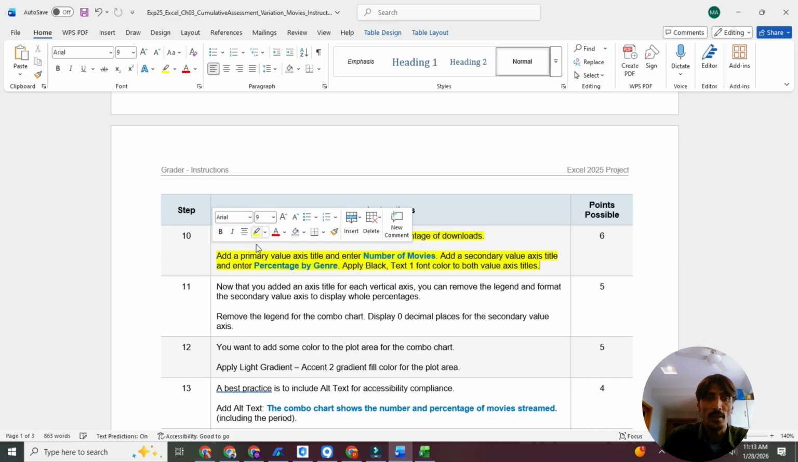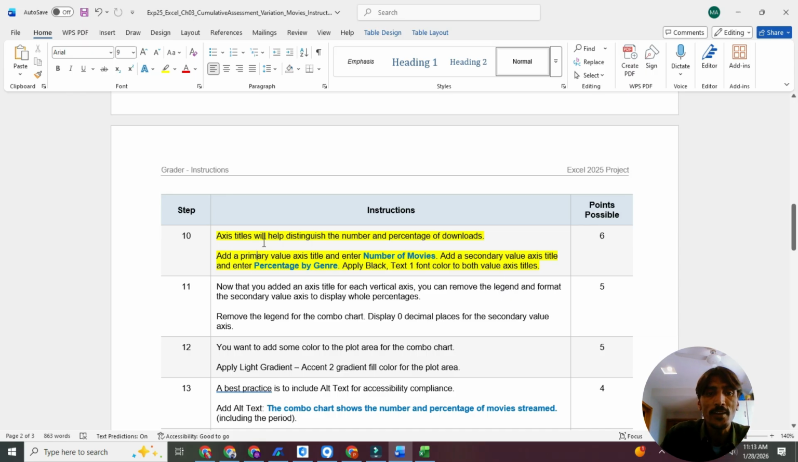And step number 10 I have in front of me, that is: axis titles will help distinguish the number and percentage of the downloads. I'm sorry for the pronunciation here. Add a primary value axis title, enter number of movies. Add a secondary value axis title and enter percentage by genre. Apply Black, Text 1 font color to both value axis titles. Move to the worksheet and then